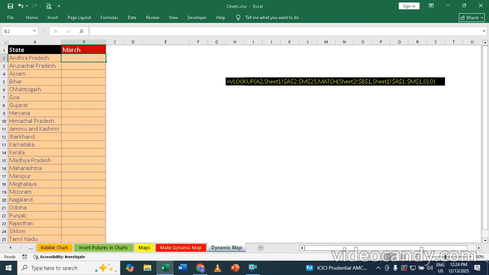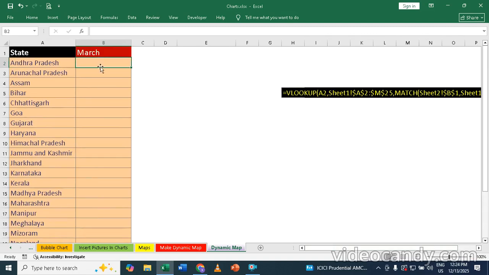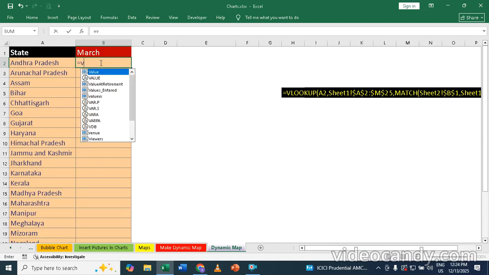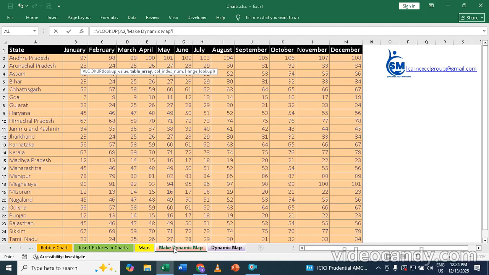So you just have to use your formula over here. Just make the screen a little bigger. The formula you'll have to use over here is equal to VLOOKUP, bracket open, then click over here A2, that is this Andhra Pradesh, comma, then click on this sheet of yours, make dynamic map. So once you click over here, that is dynamic map, then select from here A2 this full table, leaving that heading of yours, A2 to M25, comma, and write down the match,